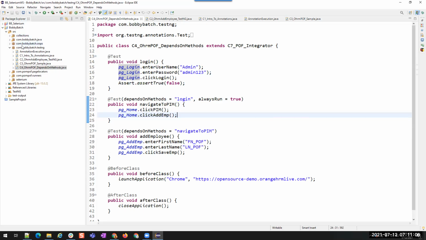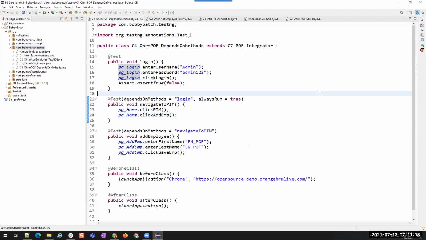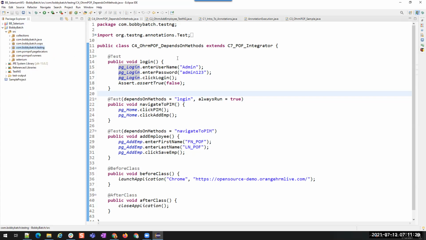And then later we have discussed the theory of batch execution, how to execute all the classes in a package. Right click on the package and then click on run, which will run all the classes inside a package. But we cannot sit and run all the packages one by one which are inside this project, right? So that is the reason TestNG is providing an execution file for us. That execution file is the TestNG XML file.